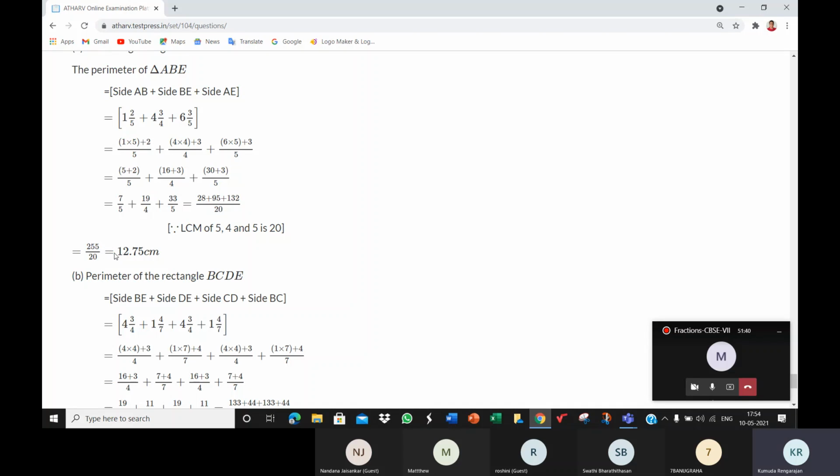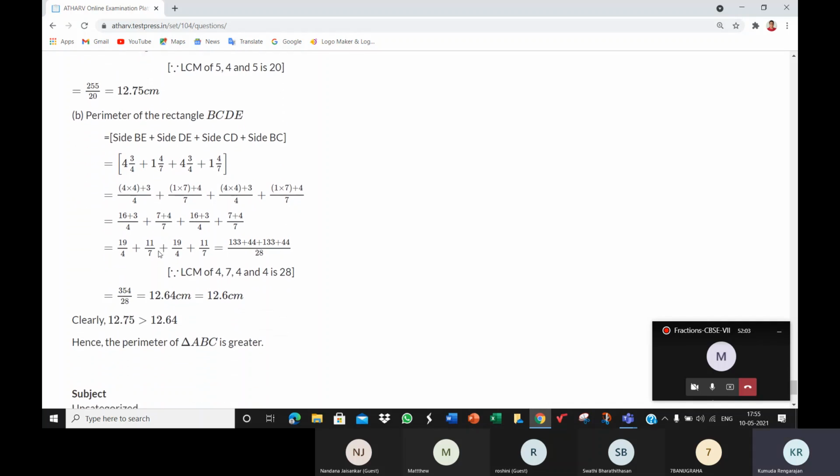Now 51 by 4, when you perform the division, this part alone, children, we'll see later when we come to the chapter on decimals. 51 by 4 is 12.75. If you work this on the calculator, you will get 12.75. But if you've already learned it in grade 6, good. We'll see this later. So 12.75.